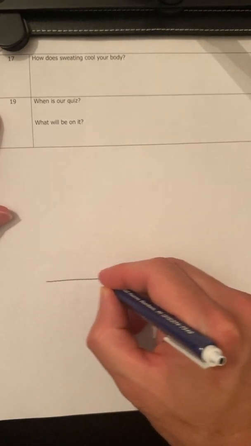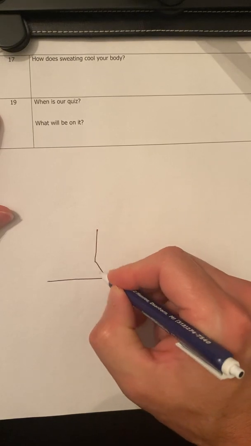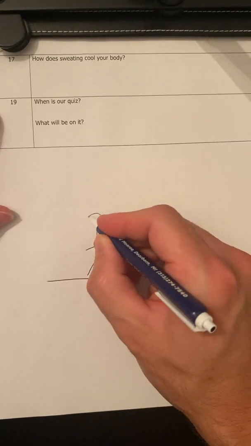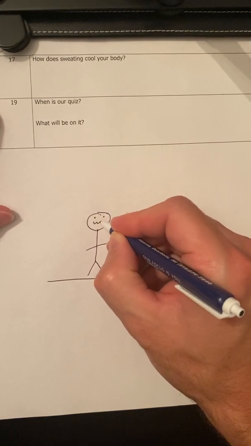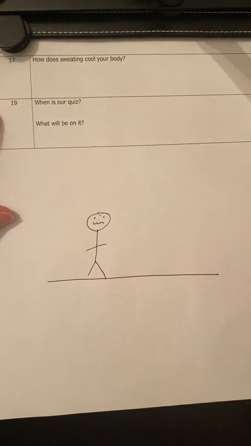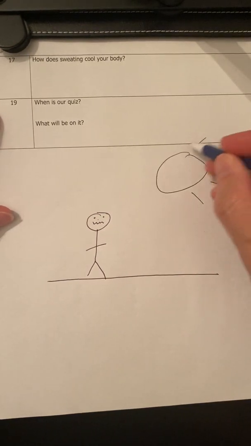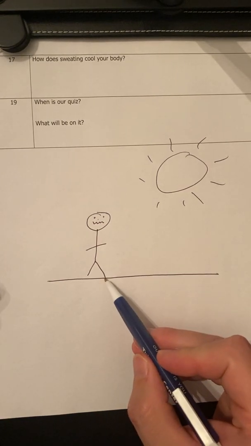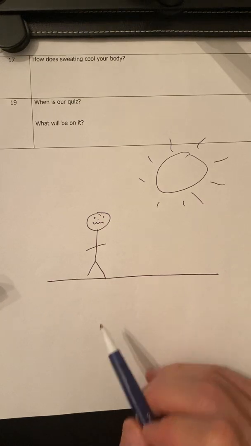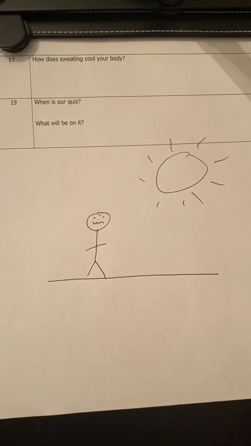Here's something I want to just finish with real closely. Number 17, when I asked you about sweating, I had a lot of kids that thought, well, sweat is cooler than your body, and it's a hot day. Well, no, that's not actually what happens. Your body gets hot. There's a process that goes on that we'll go into more detail in class, but when your body feels hot, you've got, basically sweat. We're just going to jump to that part of it. Or your body forces liquid water onto your skin.